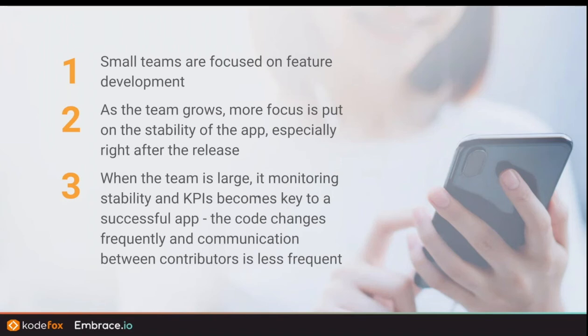Once a team starts growing and you have a lead, you start to have more people contributing to the code. You won't know everything that is happening, all of the changes that are being made. And so in these cases, as the team grows and they start to have maybe 2 or 3 developers report to a team lead, the structure changes in that the team lead starts focusing on the release.